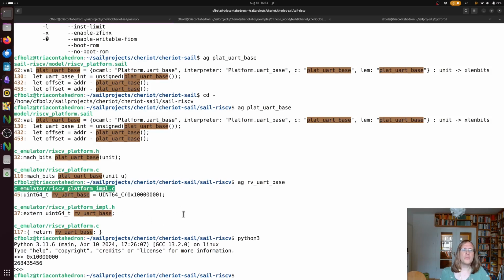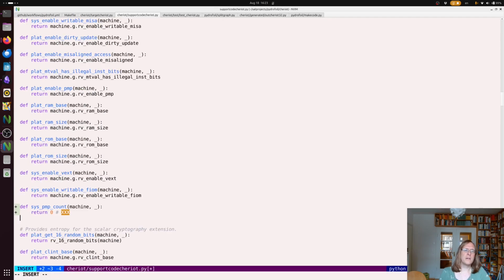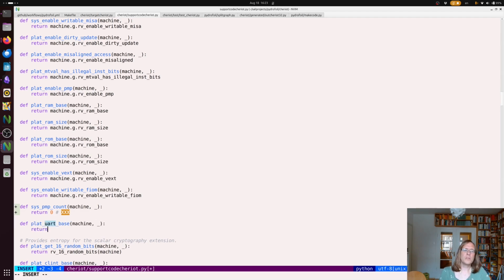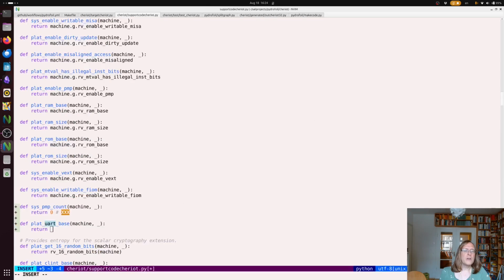That used to not work like that. Maybe. So we basically need a function that returns the UART base. So it looks like this. And machine return. Let's just return the constant for now. We should actually do it properly and make it configurable, or make it some kind of